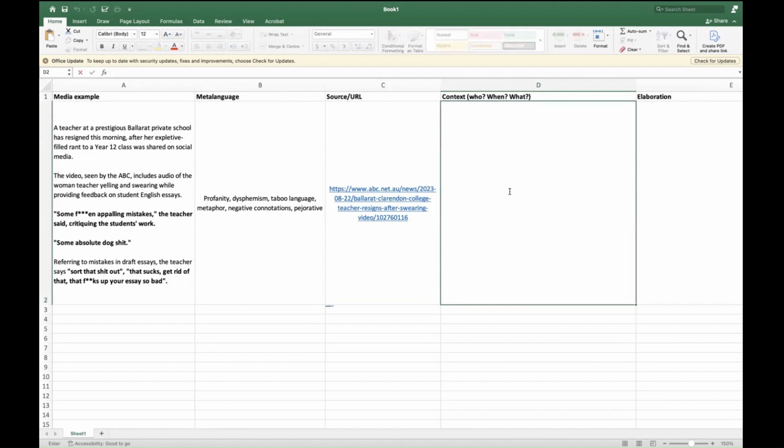Okay. So who's involved? Some teacher at Ballarat school. Okay, you're gonna say in what? The time, August, they say August 2023. So you say in August 2023. Okay, a teacher at a prestigious, I'll just copy that down, Ballarat school, resigned.